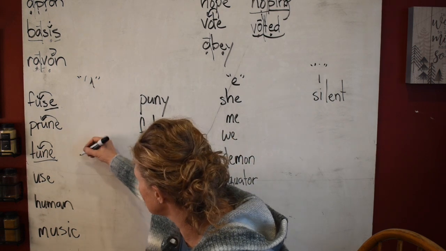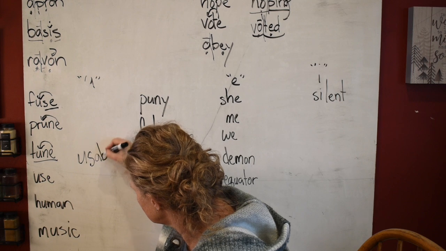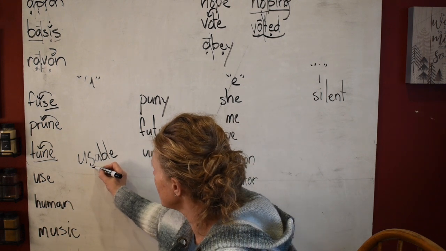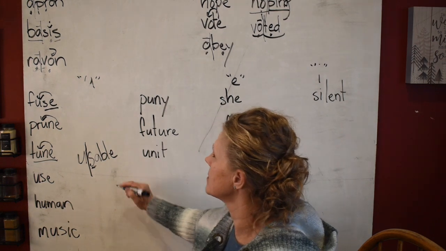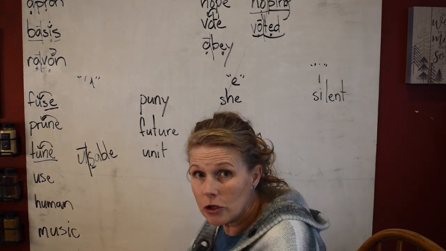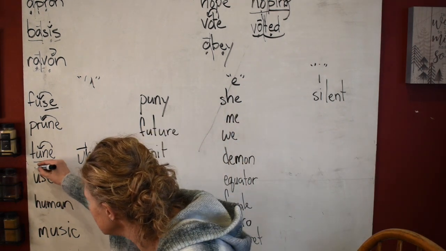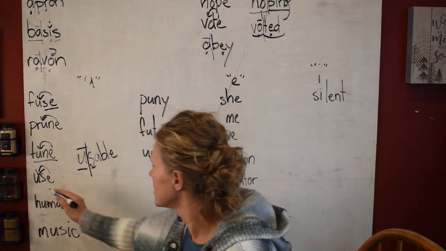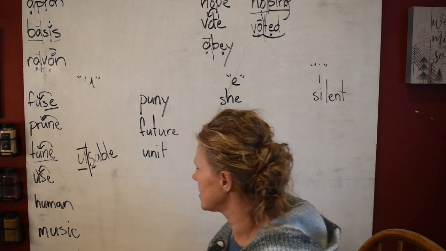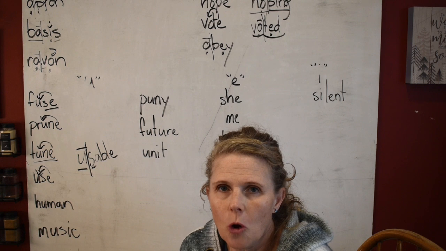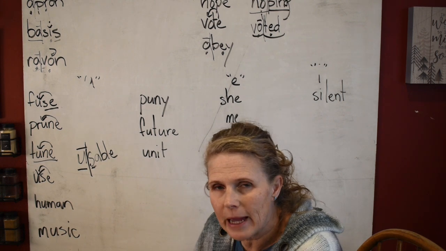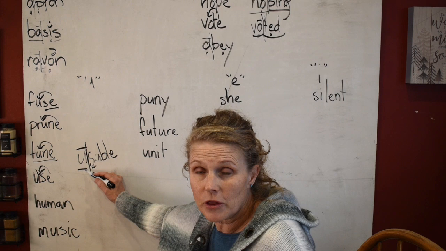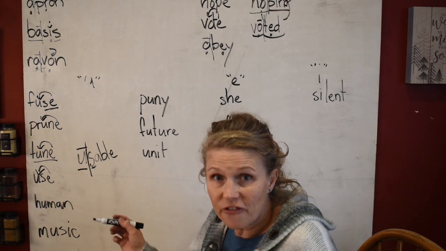Use. Let's do usable. We're going to drop the E and add on our vowel suffix. So look, we have one in the middle. It's going to pull to the end. This is going to say its long U sound because it's open. This is a silent E. Silent E, open. See the difference? Silent E syllable, open syllable. You are going to find this in so many multi-syllable words. So you're going to have to be able to identify what is that syllable. If that's an open syllable, it's going to force the long U sound or the long vowel sound, whichever it